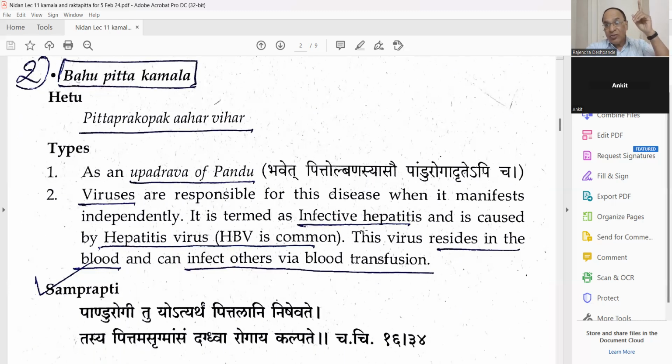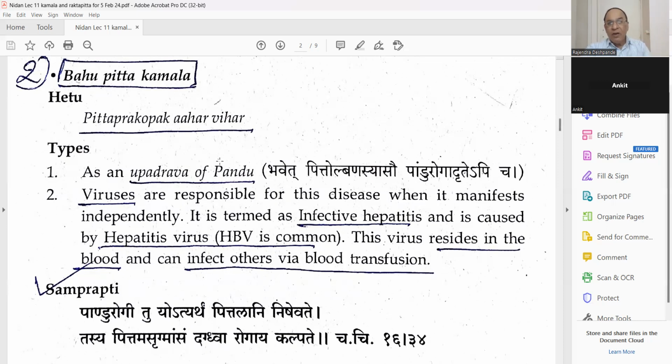There the diet was more Kapha and Vata type, Guru, Ruksha, etc. But here we are more concerned with the Pitta dosha. What is the difference? The Ruddapatha Kamala that we have already seen is related with Kapha and Vayu, but Bahupitta is related with the Pitta dosha. This is the difference. Okay. So Pitta Prakopak Ahar Vihar: very hot, spicy, pungent food, then alcohol, most important, alcohol drinking.